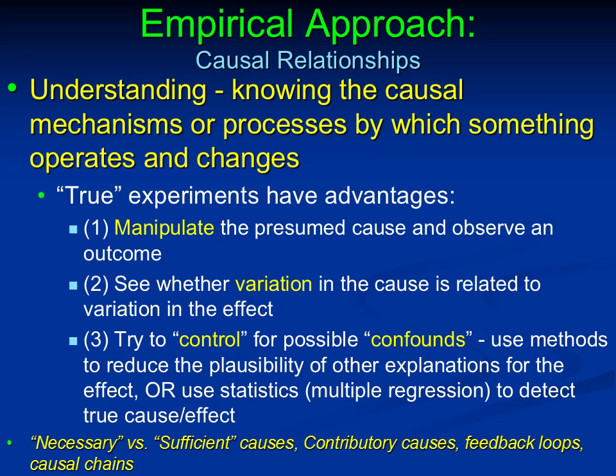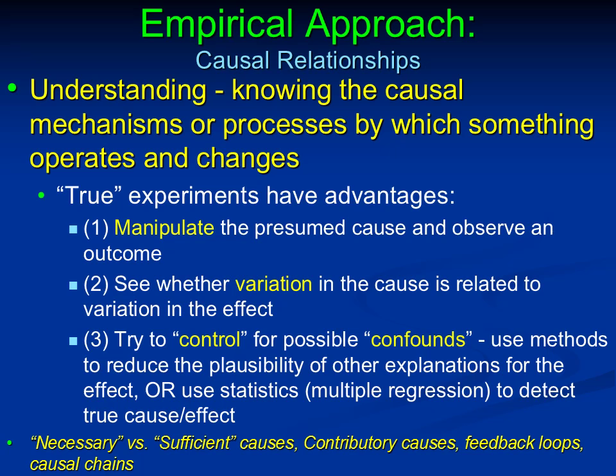So for example, if you're studying a particular chemical and you want to figure out if it's a carcinogen, if it causes cancer or not, and you're studying rats, you might want to vary the rat's exposure to that carcinogen to see, for example, whether rats exposed to a higher dose of that carcinogen or potential carcinogen develop cancer sooner or develop a more severe form of cancer, so that when you're varying the cause, it causes a variation in the effect.